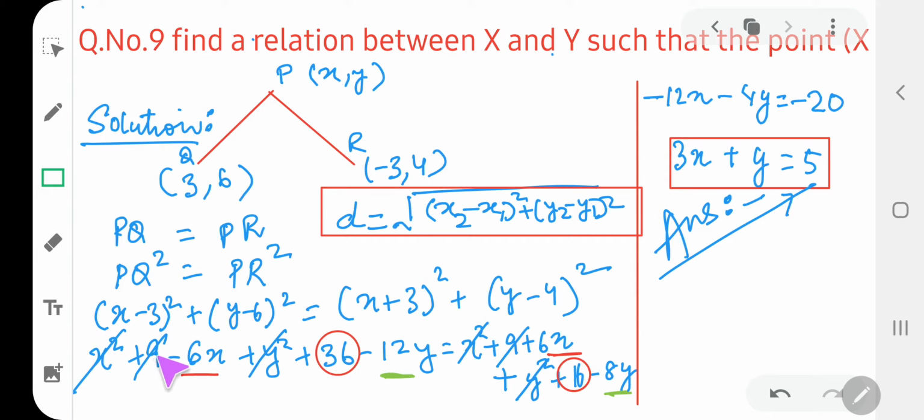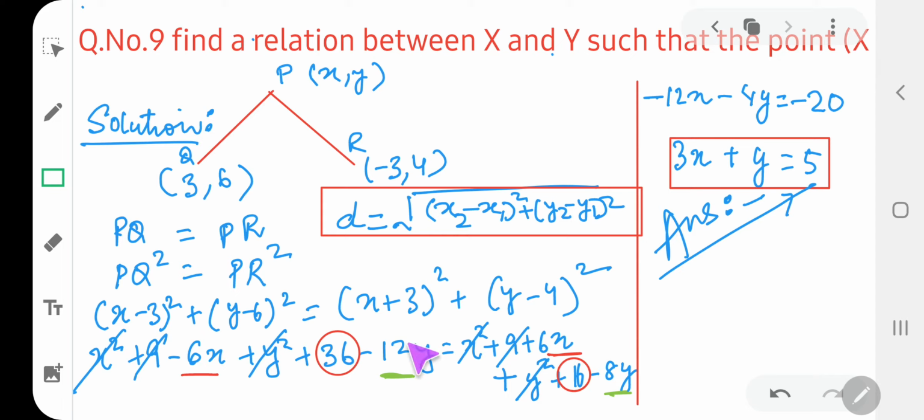Now you know we cannot solve until we apply an identity to open these brackets. Inside these brackets we have two terms which cannot be added. One is in the form of a variable, one is in the form of a number. So whenever we have two terms which cannot be added, children, we have to open the bracket using the identity only. So we will apply the identity a square plus b square minus 2ab. So this is x square plus b square, which is minus 3 square. So 3 square means 9. Then minus 2ab, that means minus 6x. Similarly, a square plus b square minus 2ab will give you minus 12y.